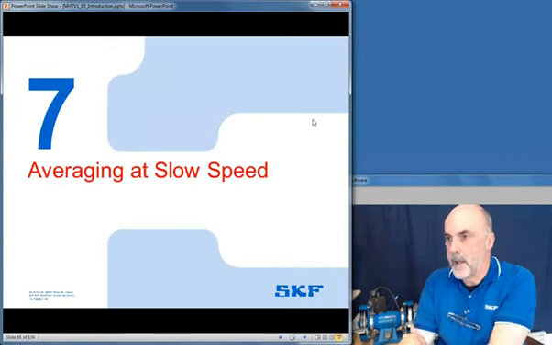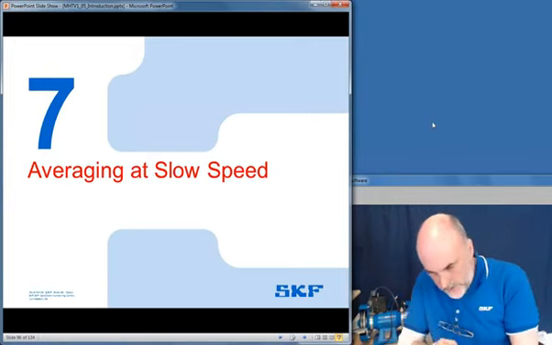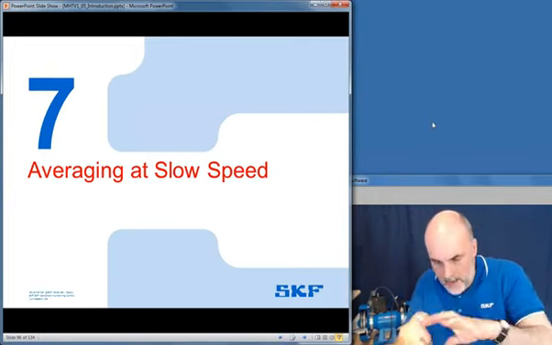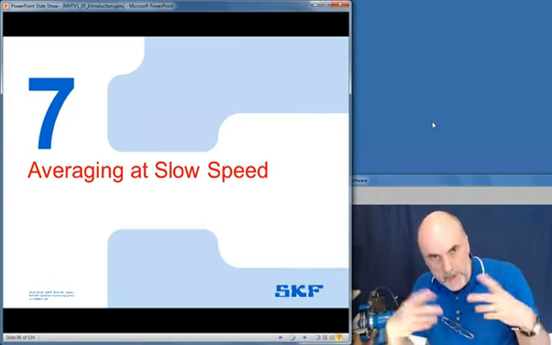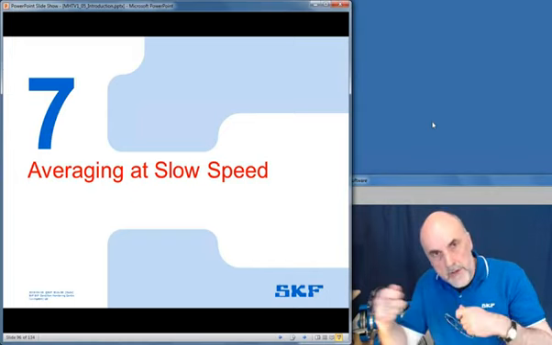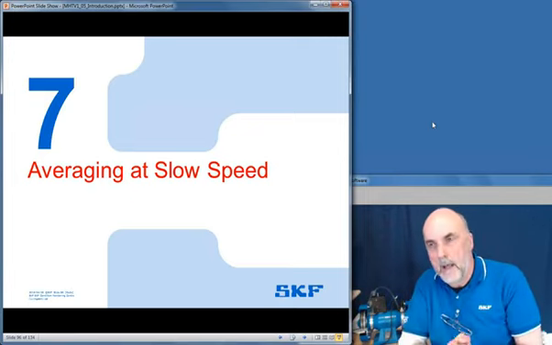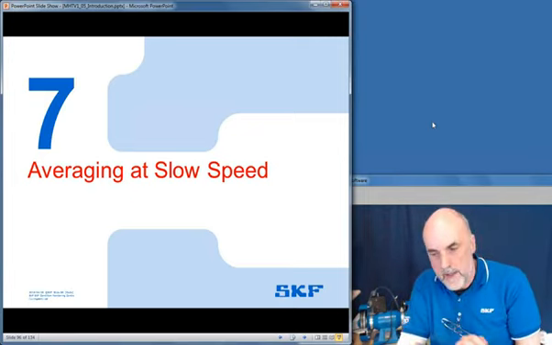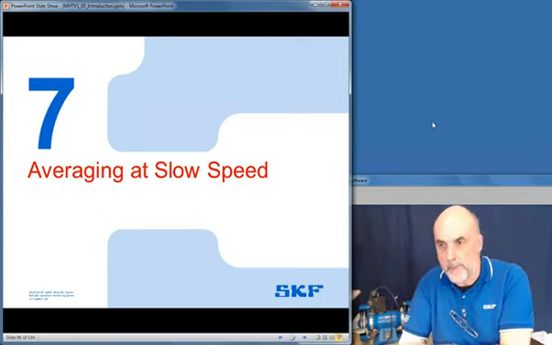Last 15 minutes. Right, averaging at low speed. All averaging is good stuff. We've got RMS, which is just a simple start, stop, store type. We've got exponential, which is a moving average, good for roaming and investigations and data that's changing. We've got peak hold, which is good for determining critical speeds. And we've got synchronous time averaging, which is good at cleaning signals up.